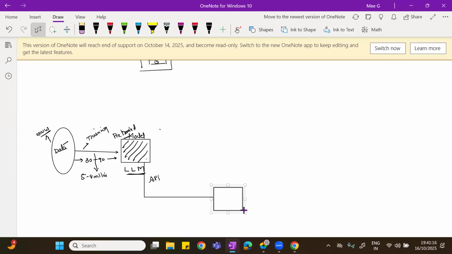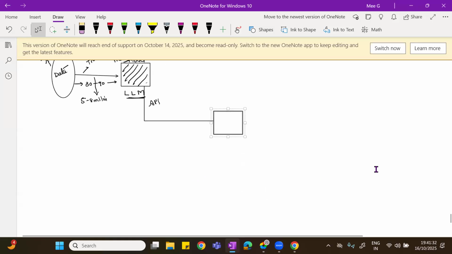So there is a restriction with the LLM. It can get the data only from public domain data, whatever is there. The private data, you can't get it. Suppose you are asking a very private question over here, as I said, to my LLM. Now, this is my query or the question.